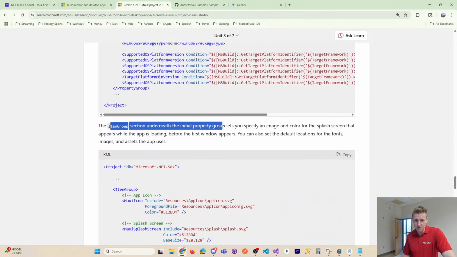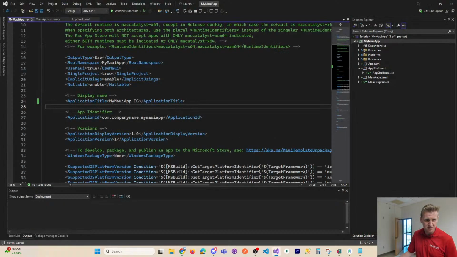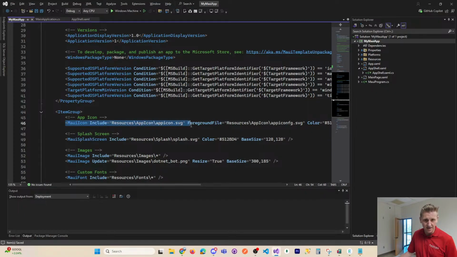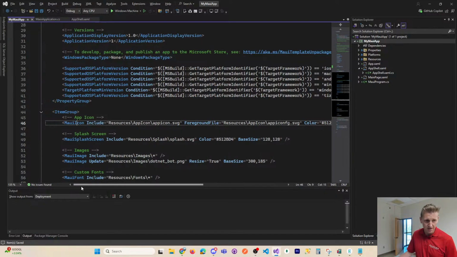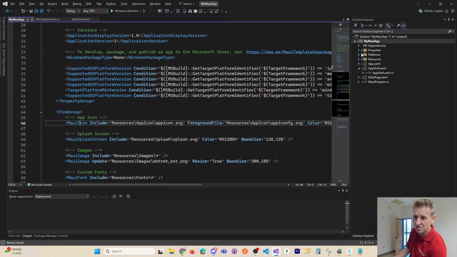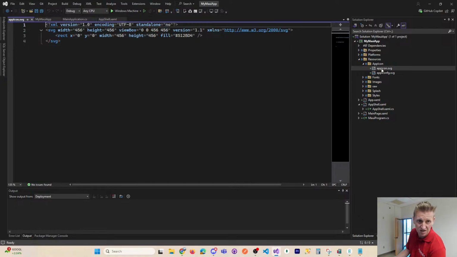The item group, underneath the initial property group, let's, oh, this is good. Specify an image and color for the splash screen that appears while the app is loading. But you can also set the default location for fonts. So let's scroll down. Item group, app icon. Of course, app. So here, app icon, Maui icon. So resources, app icon, SVG, the SVG file, but